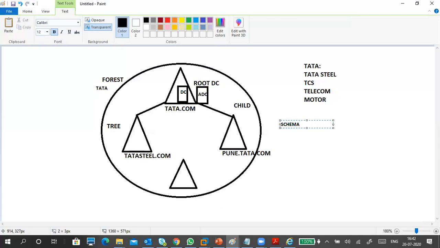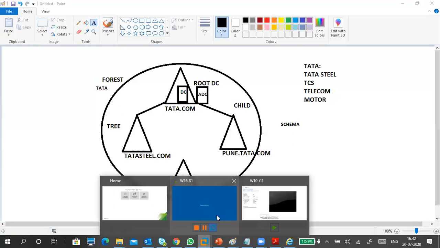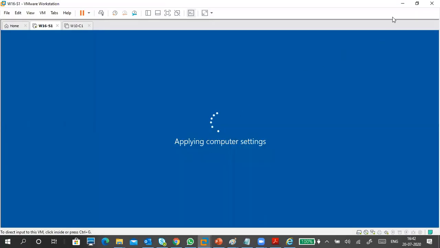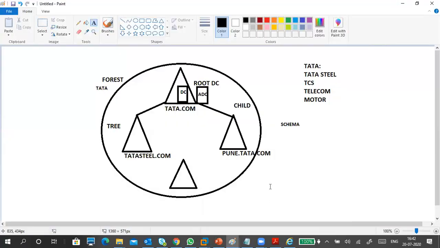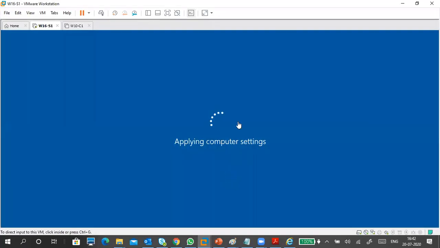I will explain that schema thing tomorrow. Okay, is it restarted or not? It's still going. You have 3 minutes. What to do? Okay, I will wait for 3 minutes. At least I will show you after logging in, and the remaining part I will tell you tomorrow, because it's already 5 o'clock, right? You people are already exhausted. For me, no problem.